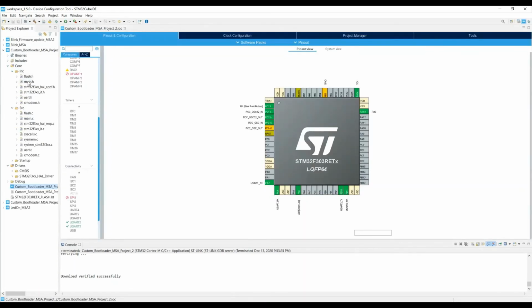Let's see the include files in our bootloader. We have this flash file, main file, the user HAL headers, and this UART and XMODEM. So in our case, we need to send packets of binary from the host machine, in our case the computer, and we use Tera Term software to do that. In order to send these binary files, there is a particular standard followed, called the XMODEM protocol.